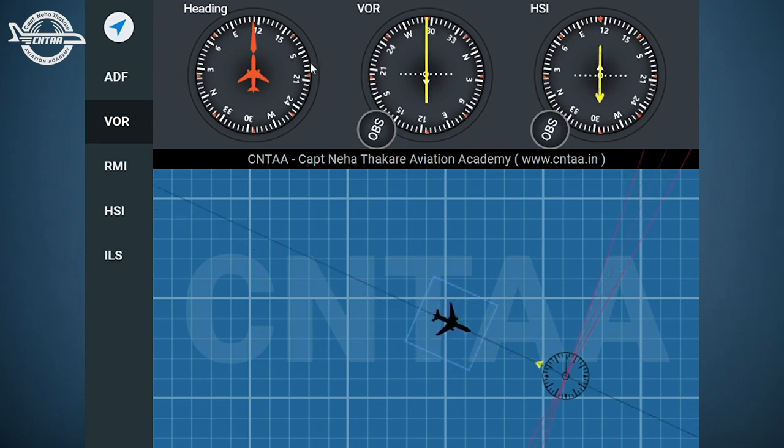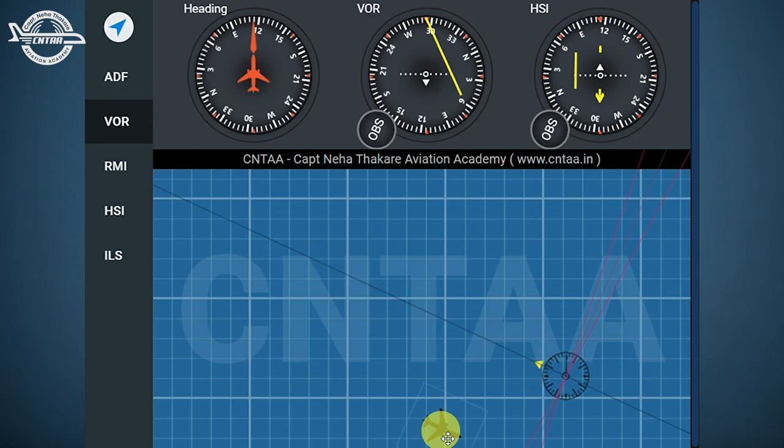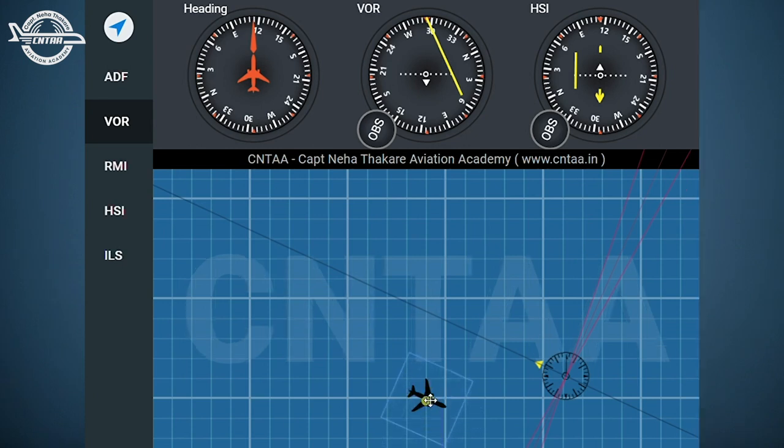If the pilot selects 294 in the OBS instead of 114, then while flying towards the station, VOR will indicate from. If aircraft gets drifted to left, then CDI will indicate left. If aircraft gets drifted to right, then CDI will indicate right. Following these indications will get the aircraft further away from the station. Hence, if you look at the heading and VOR OBS, they are reciprocal. Hence, HSI can indicate that we are flying in reverse sensing, and you must not fly in reverse sensing.